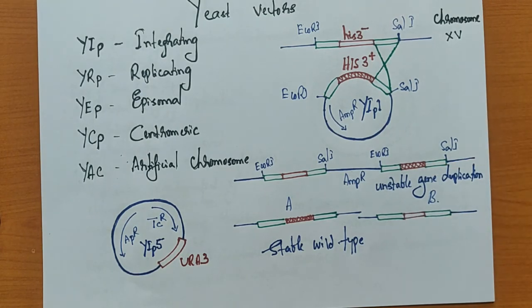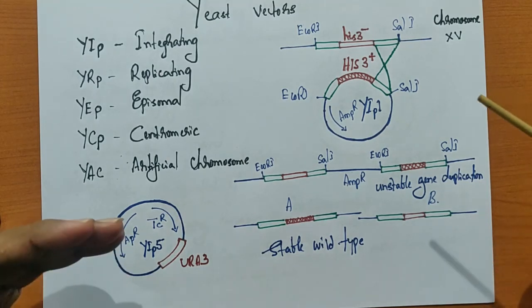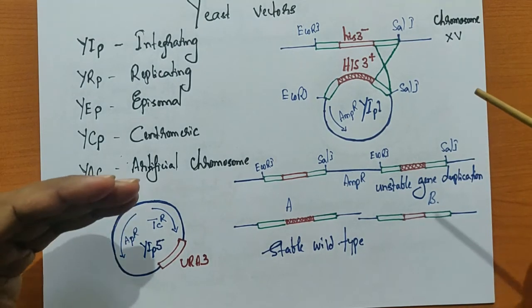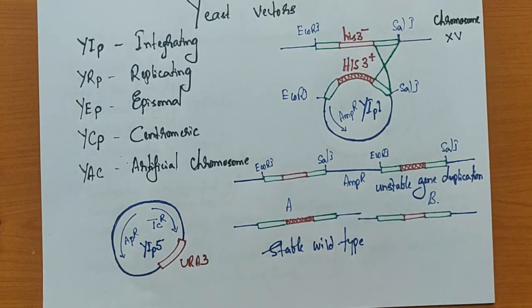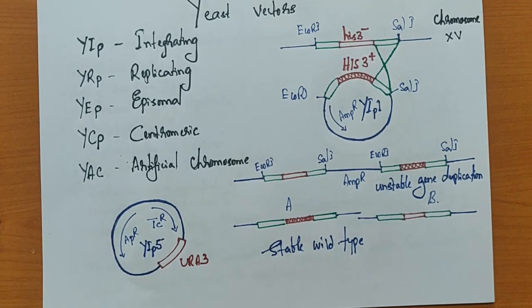I understand that in the previous case, whatever you are going to study and whatever you are going to characterize in the clone is done in a totally different way. But in the case of yeast, we have to use an auxotroph. Once we have an auxotroph, we have a mutated gene. Now that mutated gene is replaced with a functional gene. That particular process is what is known as complementation.